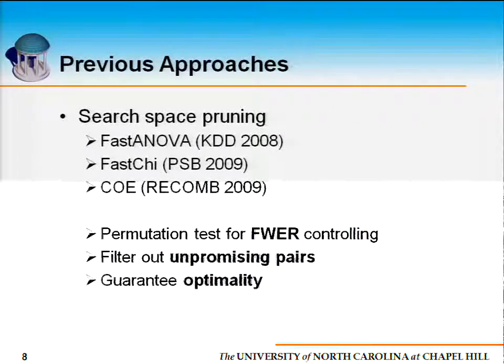So we developed a fast ANOVA test, a general approach that can be applied to all complex tests. One property of this approach is that it uses computations for error control, and the specific error control is optimized error rate. And the overall unpromising SNPs and